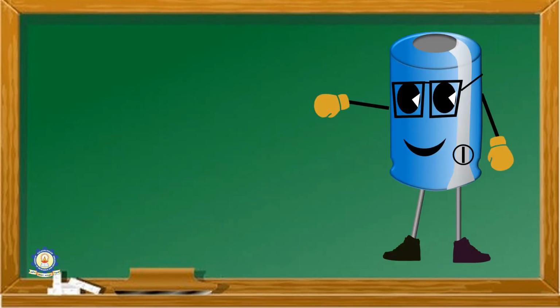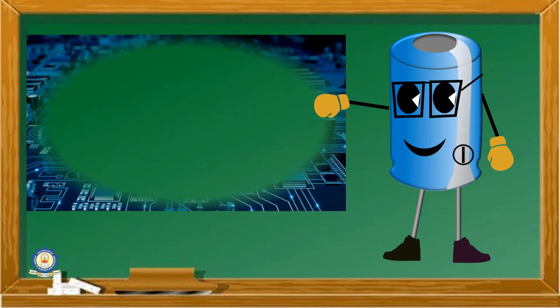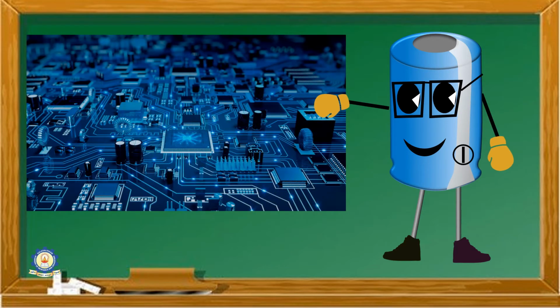In most of the electrical and electronic circuits, you can observe the cylindrical type of capacitor as well as other forms of capacitance in the circuit. So you can observe these capacitances in the motherboard of the circuit also. Okay, what is the brief history about capacitor and what are the details? We'll see one by one now.